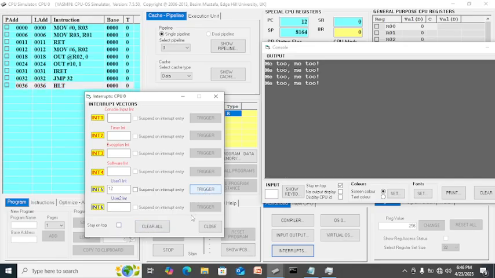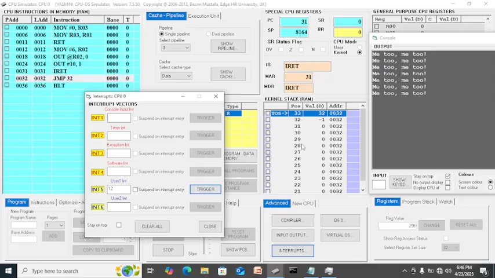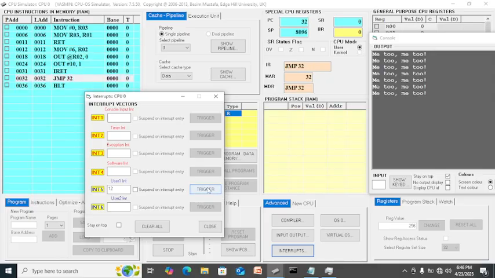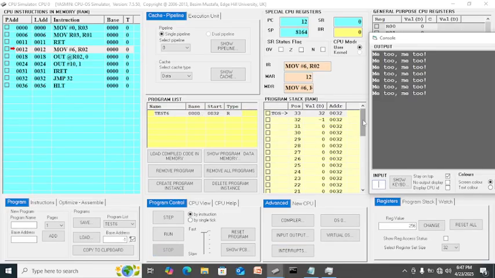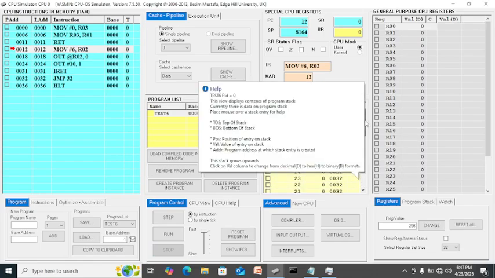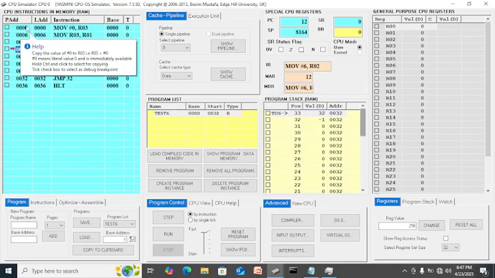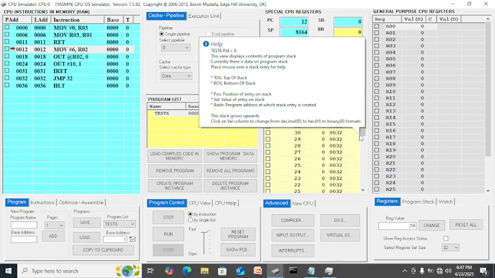Once you click trigger the interrupt, hold the interrupt while it's looping. Okay, then as you can see, trigger. See, there is a lot of 33 in the stack. Trigger, then stop, and you review what happened to the stack. As you can see, from the bottom of the stack, there is 0 up to 33. So there is 0 up to 33. So it's time consuming, recording everything.